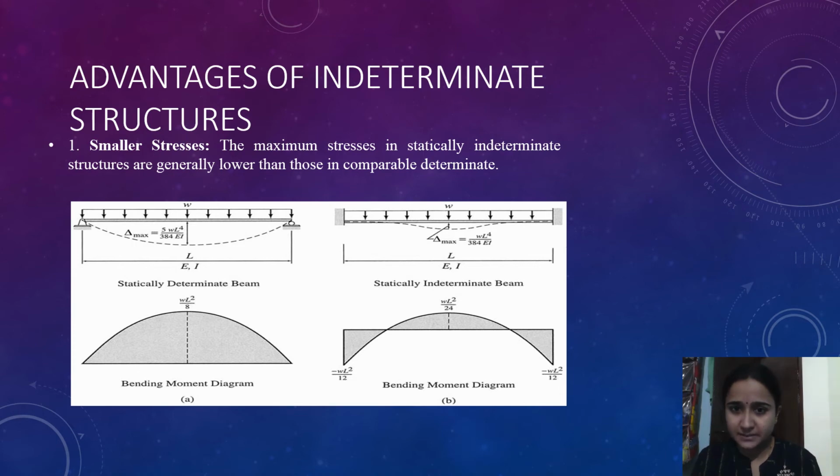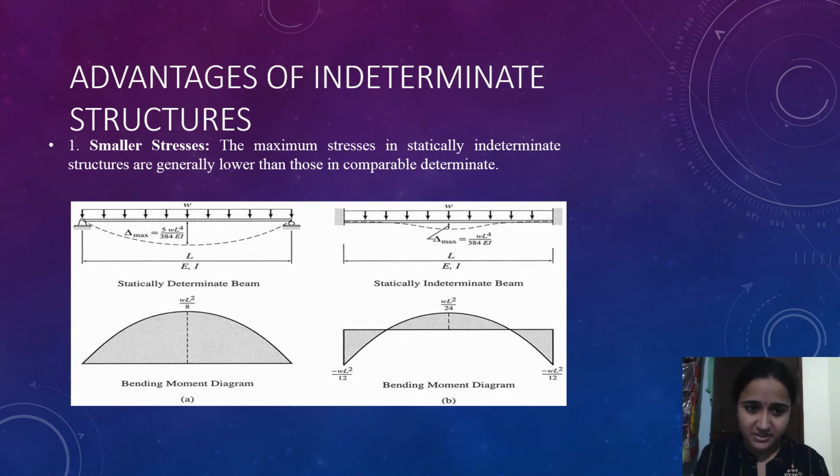So likewise 3 plus 3, 6 unknowns are there, and we have only three equilibrium equations, so we cannot find the unknowns by using those three equilibrium conditions. So in this case we are going to use some compatibility equations or some methods to analyze the unknowns. Okay, below the two diagrams, the bending moment diagram is shown.